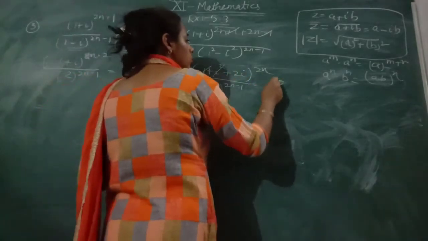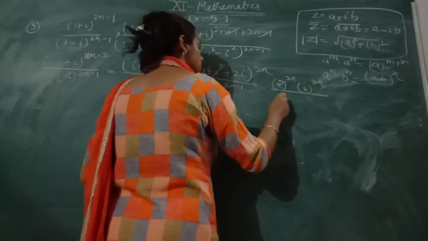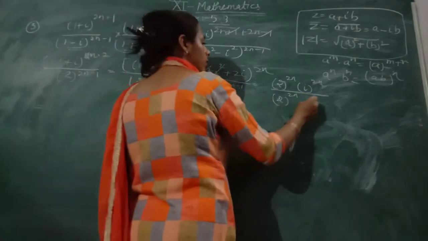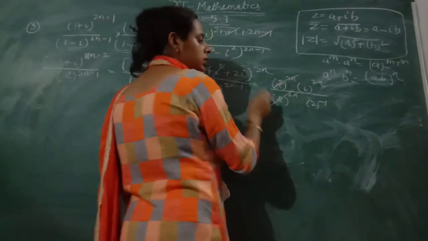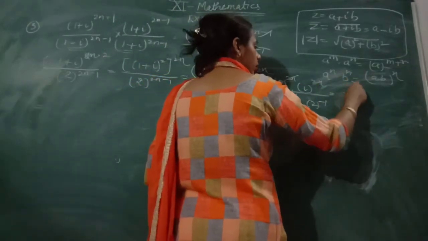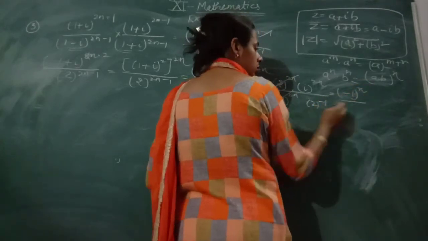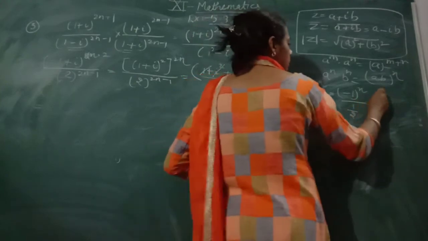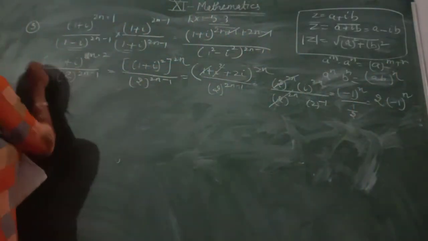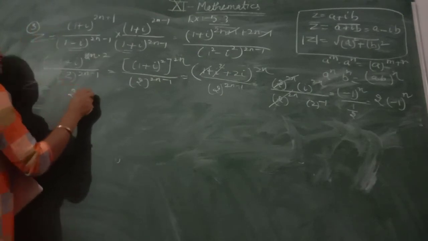On splitting the power, you have 2 into 2n and i^(2n). In the denominator there is 2^(2n), and after splitting the power you have 2^(-1). This will be cancelled. So you have here i^2, that is -1, to the power n, and in the denominator to make it a positive power, that is 1 by 2. That will become 2 into (-1)^n. Is it real or imaginary? Here if this is z, your z is 2 into (-1)^n.